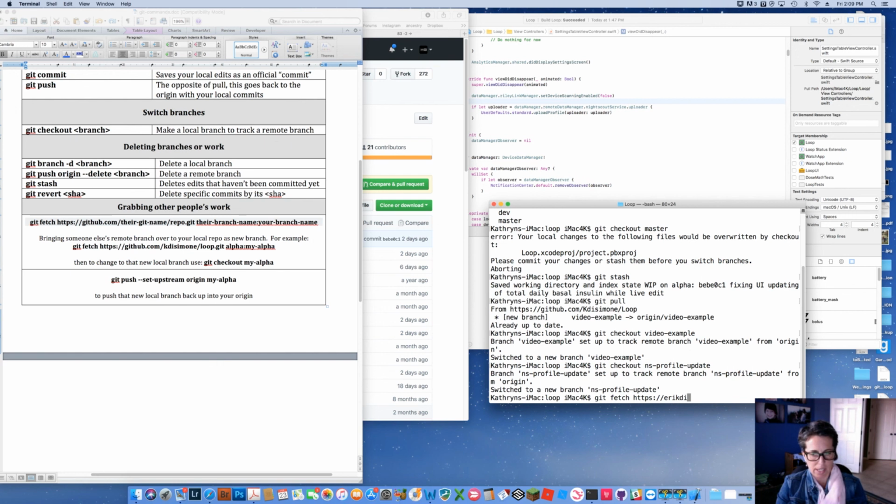In this case, the Trixie guy that did that code. Forgot the GitHub. Let me put that back in there. That's his repository for his Git, and he has his in his dev branch, and I'm going to call it